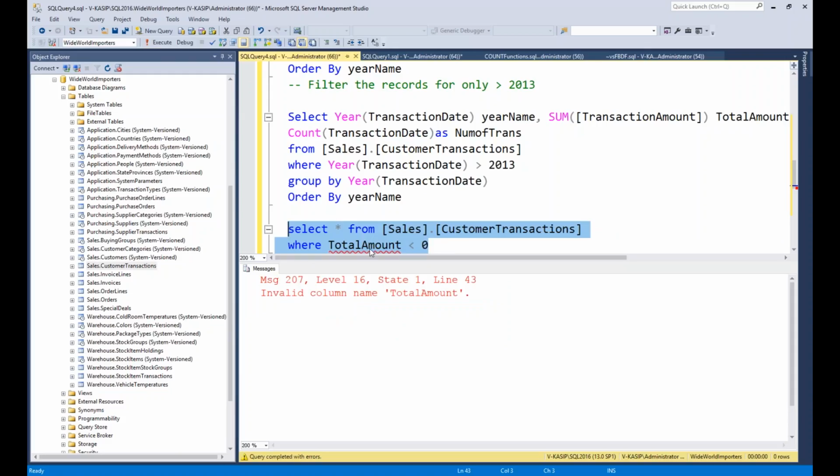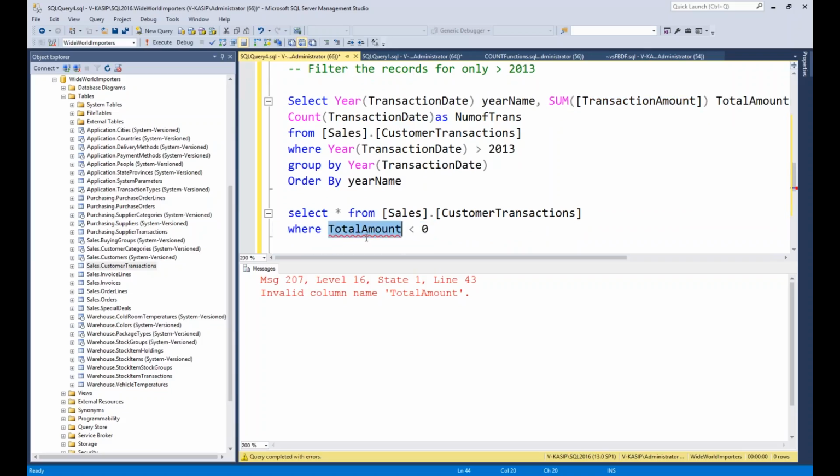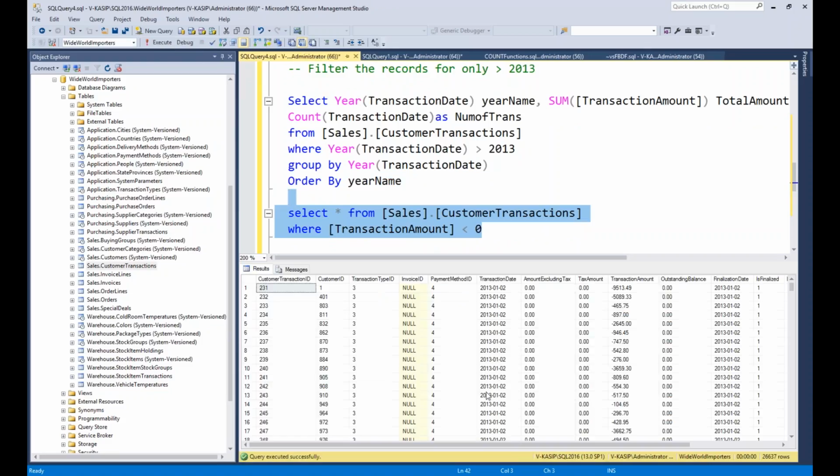There is no total amount column. That's an alias. That's good. So it's the transaction amount we have to use, less than 0. So there are transaction dates from 2013 also there. Okay, there is something else there. Now I want to get